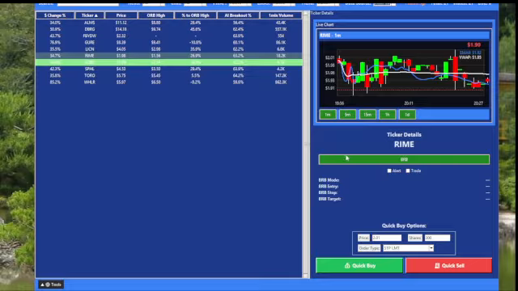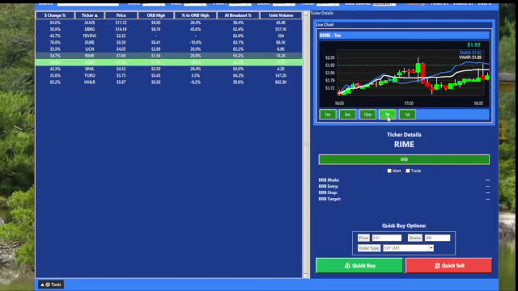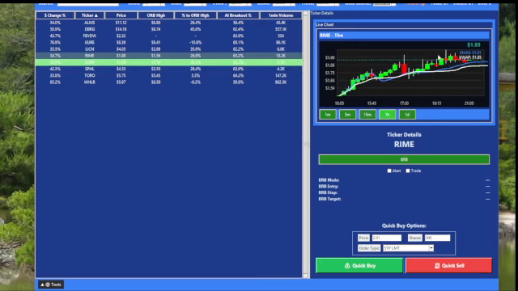Right now you're looking at the 1 minute. I have 1 minute, 5 minutes, 15, 1 hour, and 1 day, so it gives me a good range of however I want to view these charts. Now I'm in the 15 minutes, so this gives me more data right here, and you can see this is actually in an uptrend